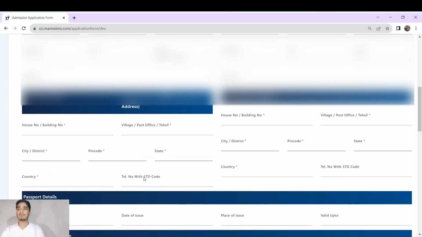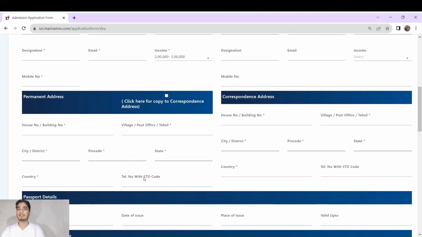Now you have to fill your permanent address and your correspondence address, and if it is same, then first fill your permanent address, and here it is a place where it is written click here for copy to correspondence address. Just click over there. So first fill your permanent address,